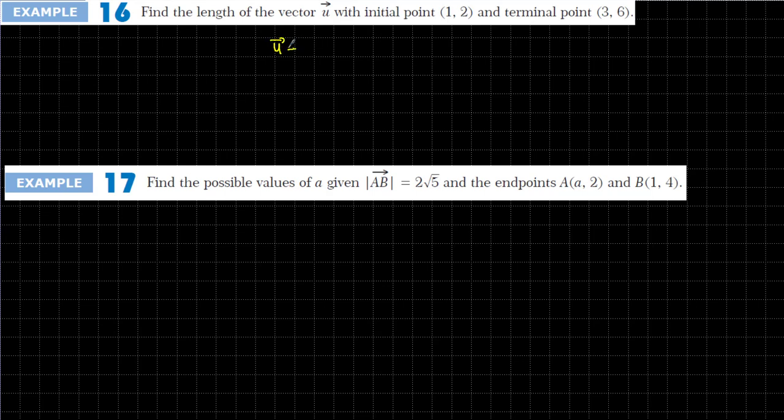The length of u is equal to the square root of (x2 minus x1, which is u1) squared plus (y2 minus y1, which is u2) squared. It has to be squared. Okay, let's continue. Then it's going to be equal to the square root of (3 minus 1) squared plus (6 minus 2) squared,